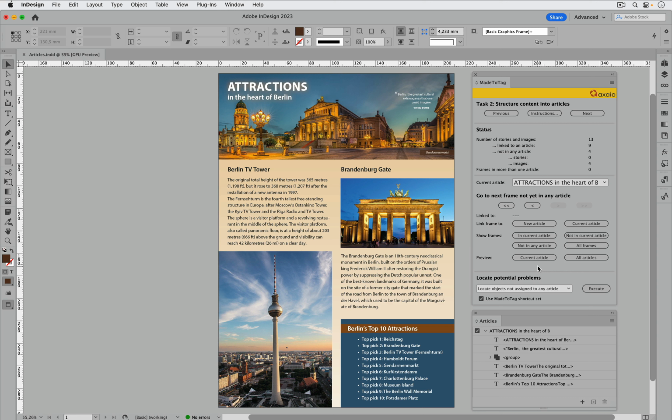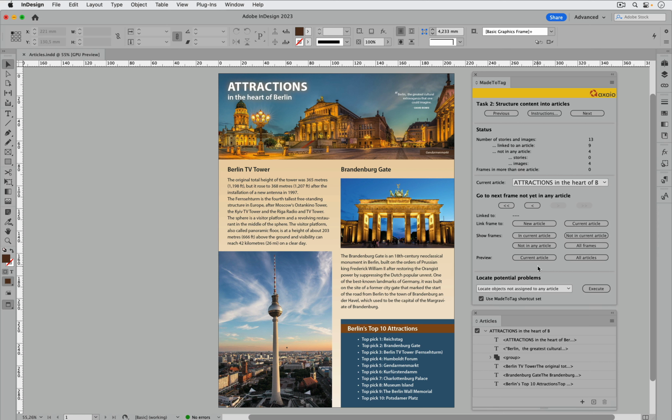The goal in Task 2 is to structure all content-relevant elements in articles if possible. On the other hand, this also means that objects without content relevance should not be assigned to an article. All text and image frames without an article connection will automatically not appear in the PDF tag tree. Graphical elements such as background graphics or decorative elements can be excluded. Parent page objects, such as page numbers, can theoretically be assigned to an article, but they are usually not included in the PDF tag tree.